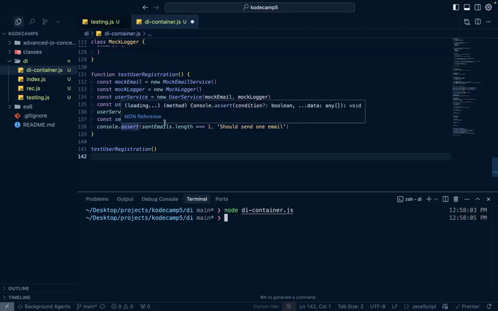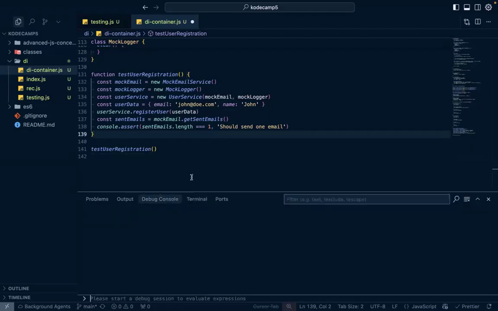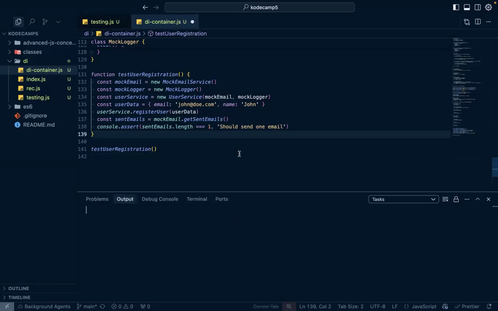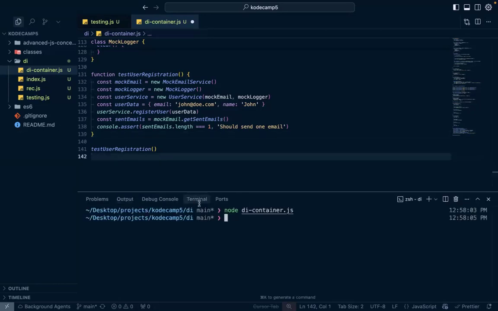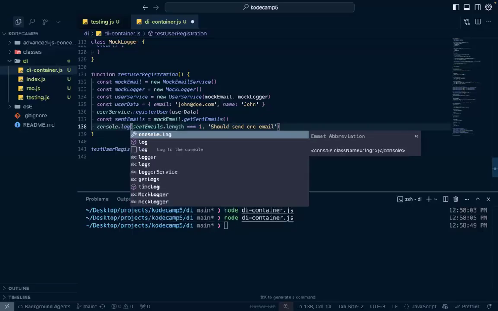Console.assert sentEmails.length is equal to 1. Output. We're supposed to just be checking to see if, okay, so we can just change this to console.log